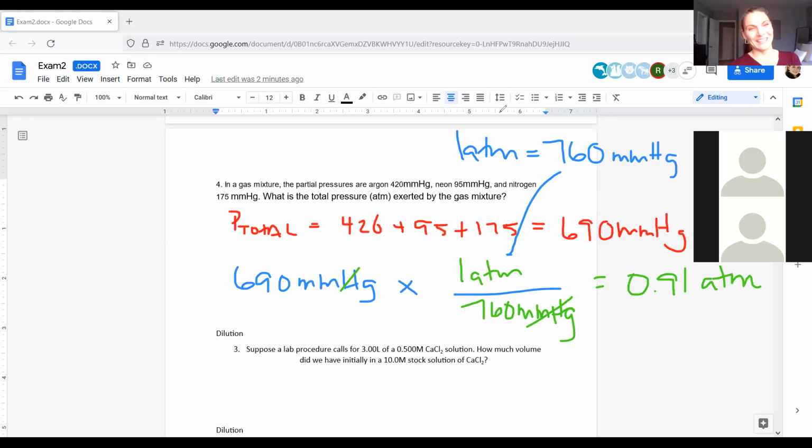These ones are easy. Let these ones be easy. All you're totaling up is the number. So they give you the partial pressure, you're totaling them up. Or like the problem that we had as our critical thinking question in the lecture, we knew the total and then we were just figuring out one of the partial pressures. These ones are easy. Let these ones be easy. These are not the hard questions.